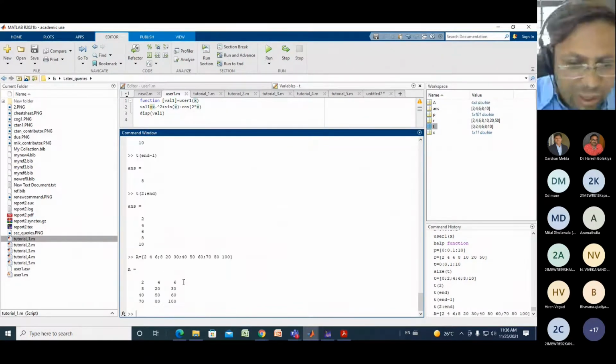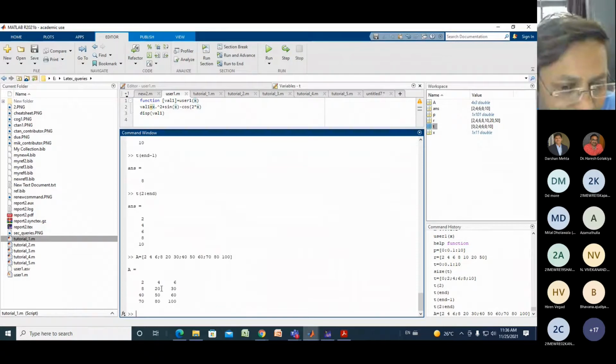Fine. So you can define these matrices by using the space and the semicolon. When there is a semicolon, MATLAB treats it as the end of a row, and it shifts to the next row. So 2, 4, 6 is the first row, 8, 20, 30 is the second row, then the third row and the fourth row.